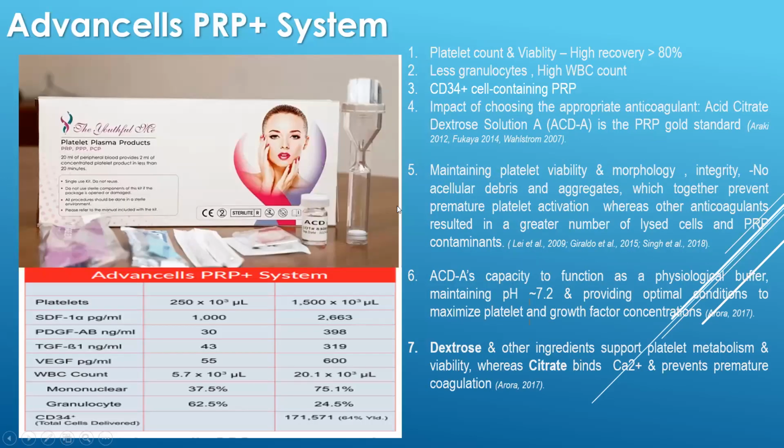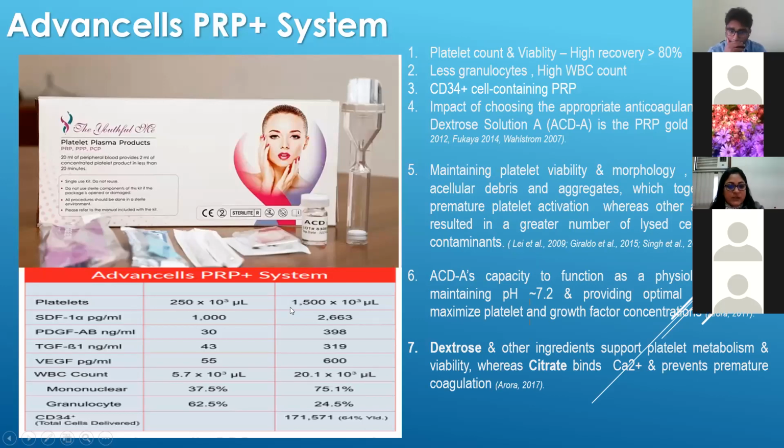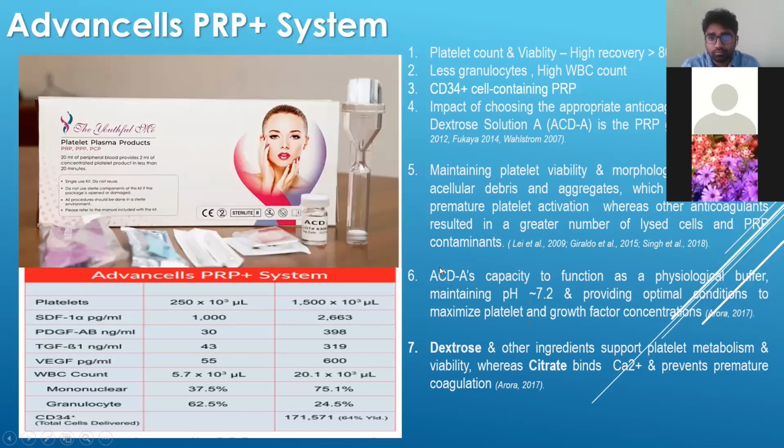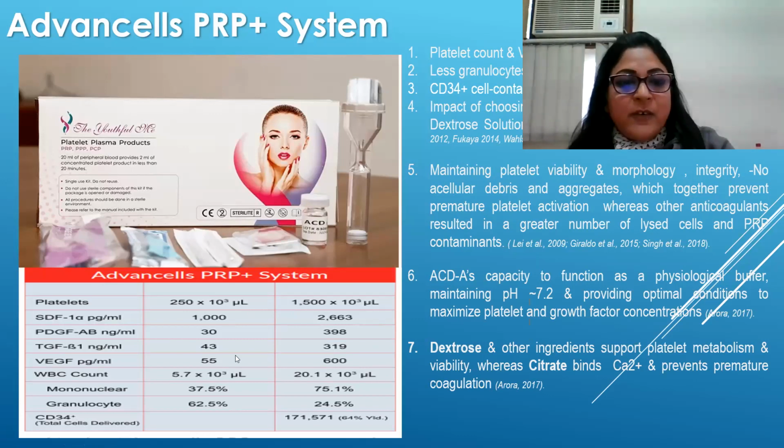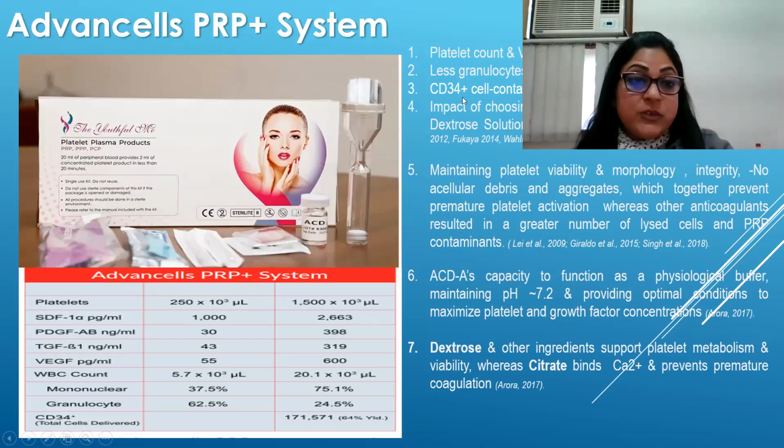And we have done the validation as well on this PRP kit, and very good results. We have seen here the platelets are more than 80% viable and intact. I mean, there is no premature activation, and viability is also maintained. And the lower granulocyte count is very important. That is, fewer granulocytes as compared to the manual method, and a high WBC count, and also a few CD34 cells too. So it's helpful; we have done it on hair regrowth, so very good results using this